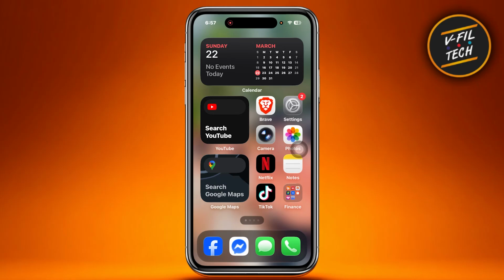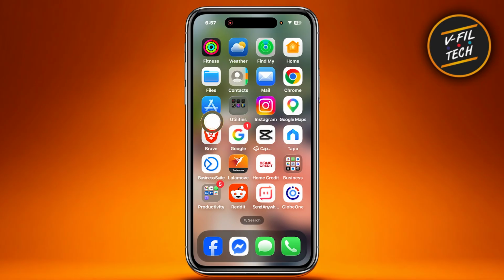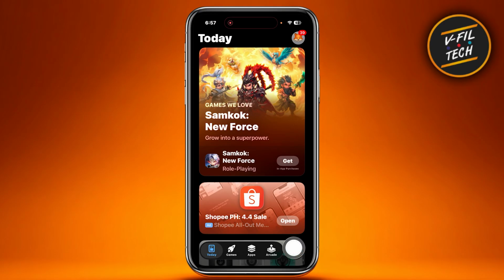Hey guys, in this video I'm going to show you how to install and use Gemini on iPhone. Now for us to get this done, first thing that we are going to do is open our App Store. So I'm just going to go ahead and click this one right here, and then we're going to tap the